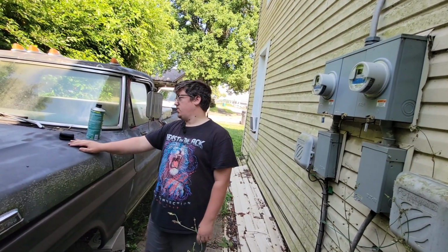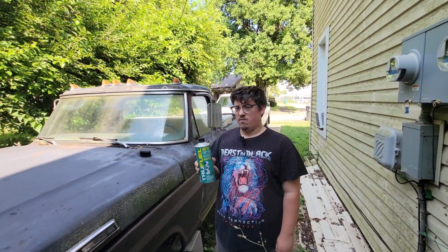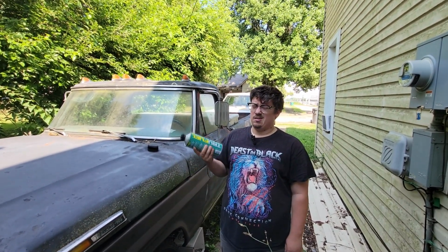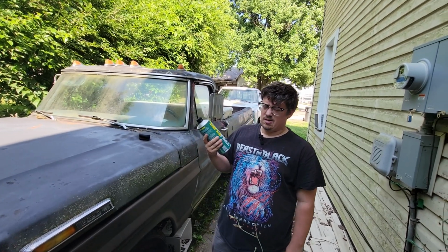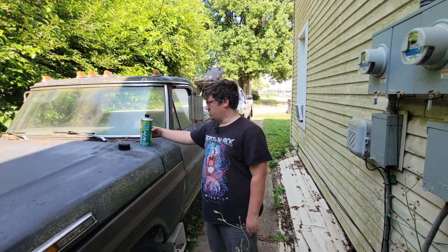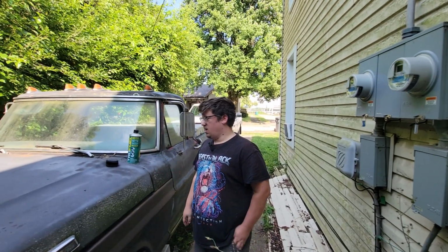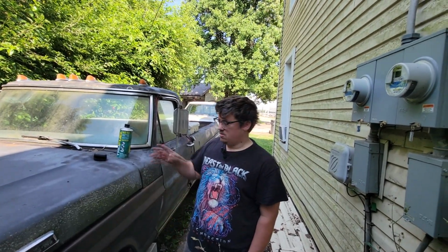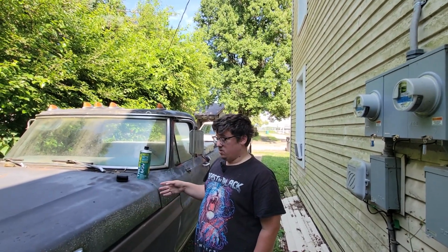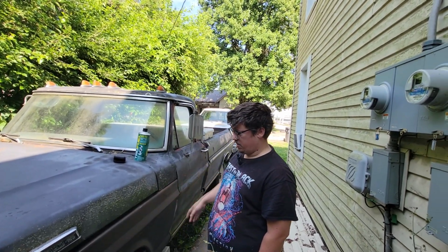Also, some of you might give me a little bit of crap for using this stuff instead of regular pump gas down the carb, or just using carb cleaner, brake clean and stuff like that. The thing is that if this engine has a stuck ring, using this stuff, which has oil in it, can help with those stuck rings. Using just a flammable fluid down it. Now, yeah, you could use straight gasoline, but I didn't have any. Obviously, I already put gas in the car, but